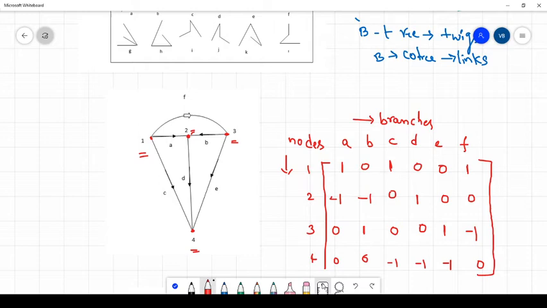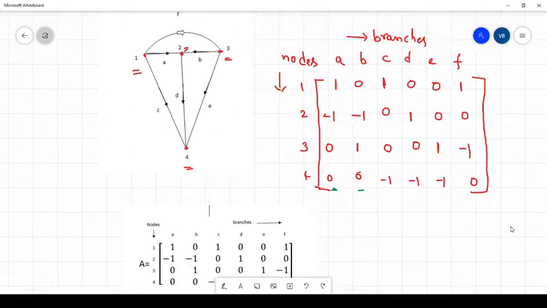Okay, so now we observe the fourth and fifth property of an incidence matrix. What is the fourth property here? The fourth property is about columns. Each and every column should have +1, -1 along with the zeros. So here also, you observe each and every column has +1, -1. So what is the fifth property here? The fifth property is that the resultant value should equal 0. So you add all these values, and you get the resultant values as zeros here. Okay, clear? So this is an example for the incidence matrix.